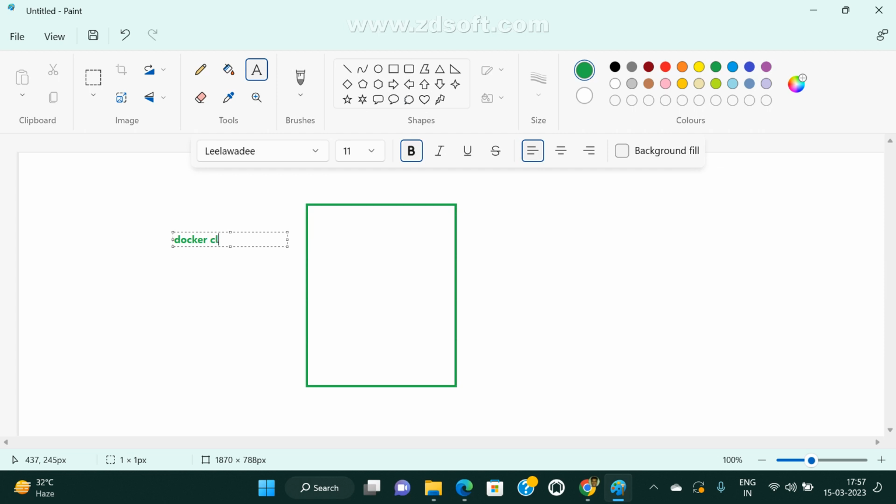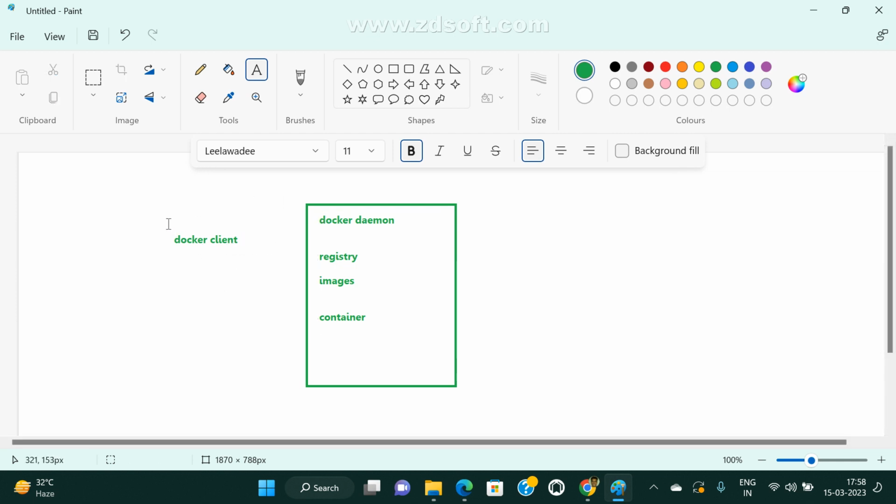This is the Docker client, and this is the Docker daemon. The other main components are the registry, images, and containers.